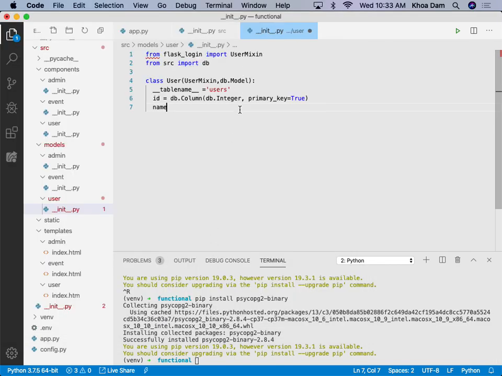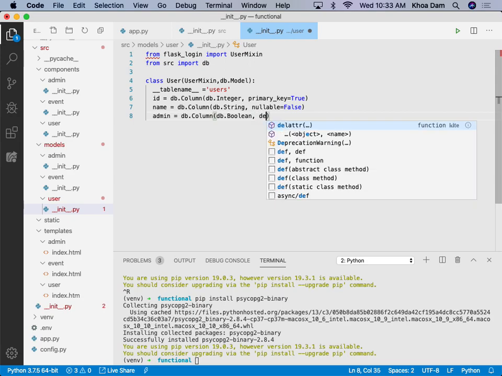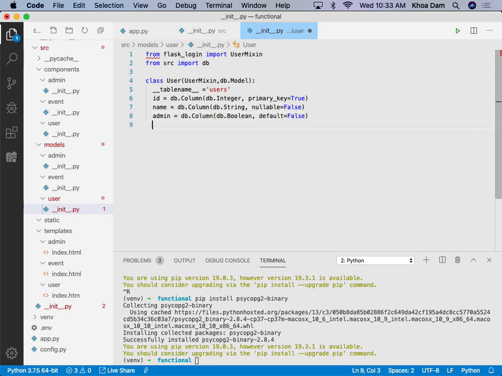Okay, go. I only need the name: db.Column, db.String, nullable equal to False. That's it. Keep it simple. I'm gonna demo how to use Flask-Admin, so I need another column, for example, is_admin. Just in case, Column, db.Boolean, default False. Okay, now I'm gonna create